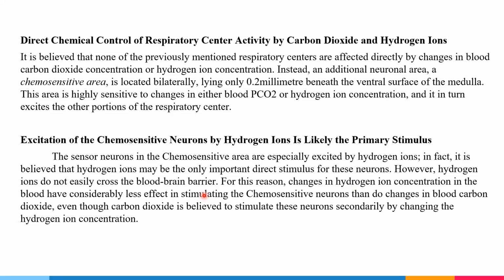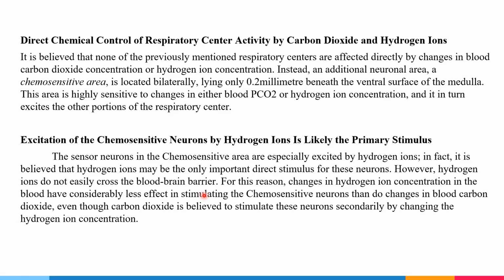This blood-brain barrier also hinders the transport of hydrogen ions directly into the brain. And thus presents a major problem, because as we have already seen, the chemosensitive area is responsive only to the stimulation of hydrogen ions, but hydrogen ions themselves cannot easily travel to the chemosensitive